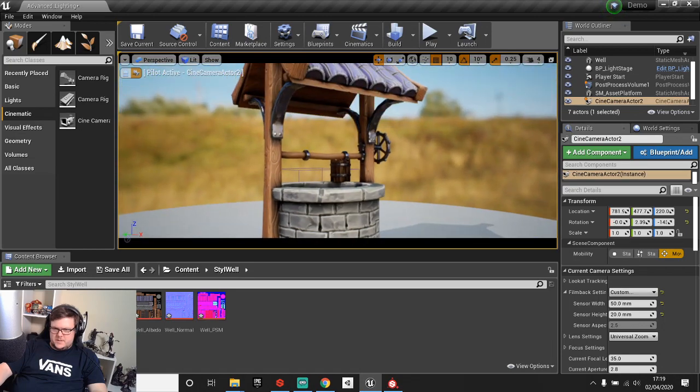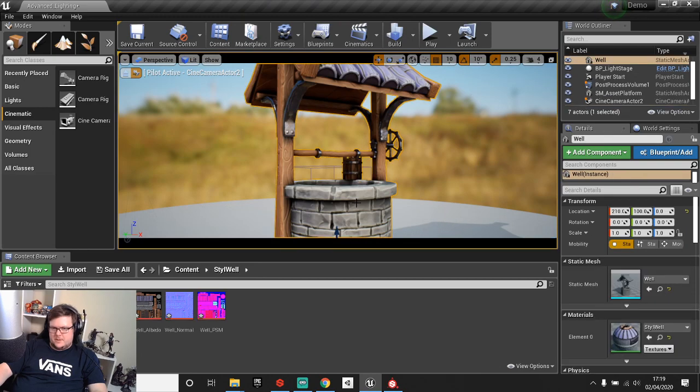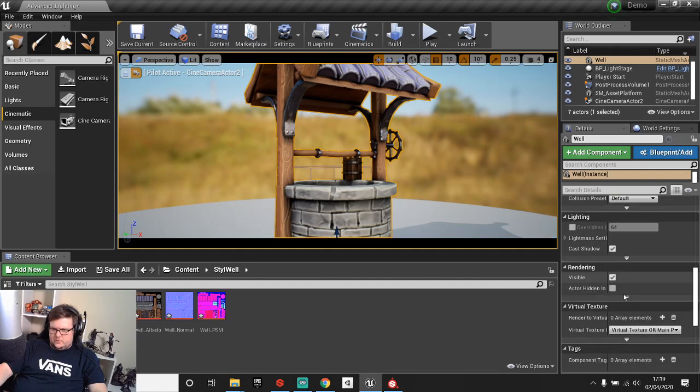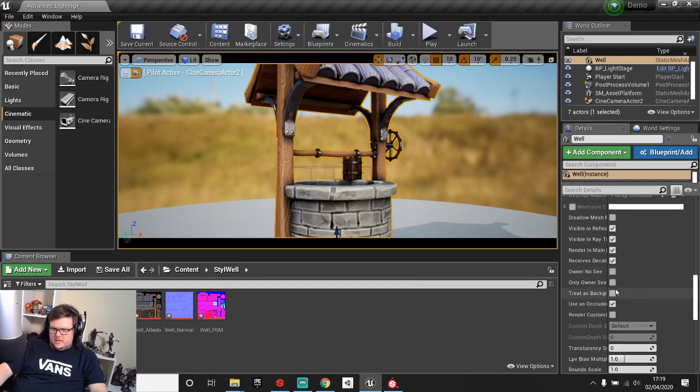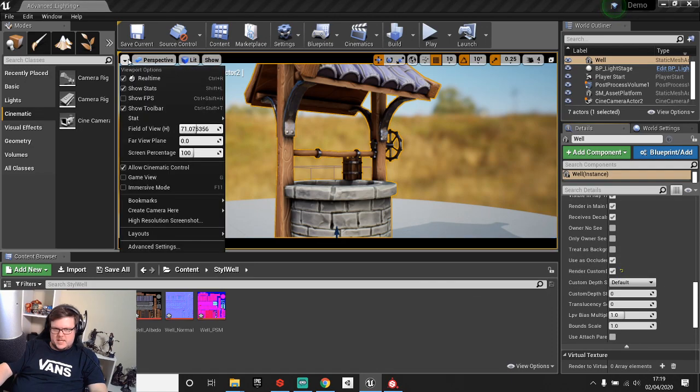This is the render I want to do. Maybe not the best, but you don't want this background, or you don't want this. So if you click on here, you can actually come down to rendering, and if you tick render custom depth pass, and if you come up to here,